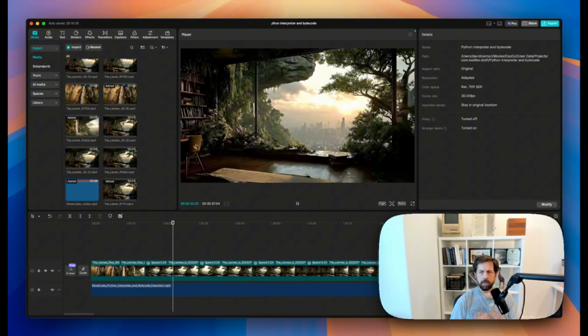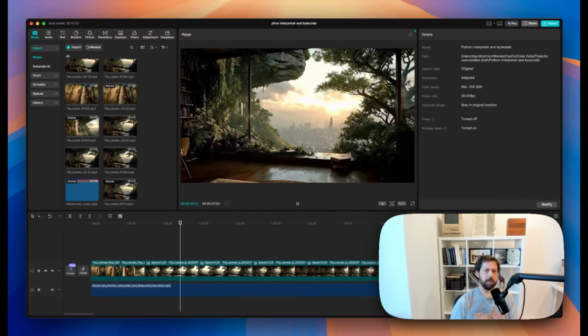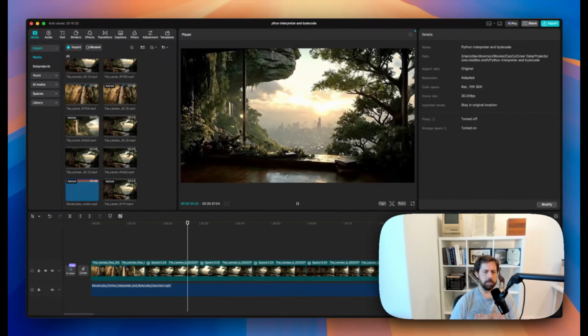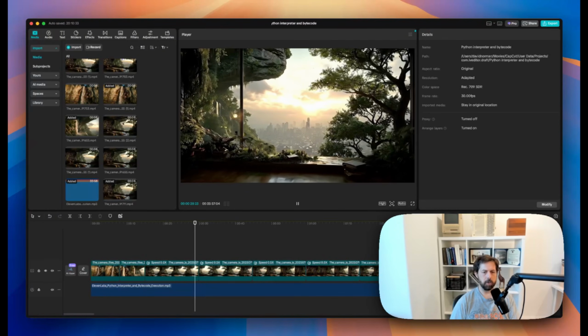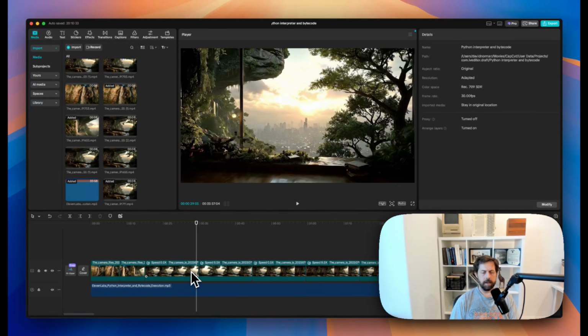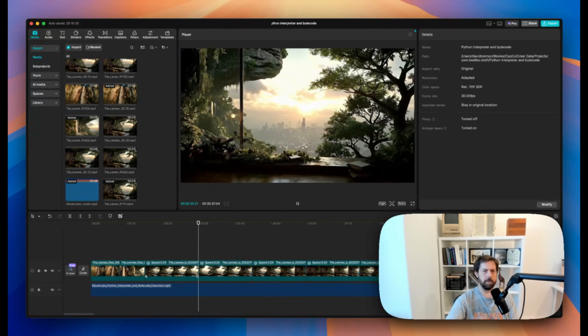CapCut has some tools to allow you, once you cut the speed of the video, to kind of smooth out the transition. It just takes a little bit of post-processing. And then the second trick is, once you get to the end of the clip, you can just take that same clip and reverse it, throw it on the end here, and you have one continuous moving out,